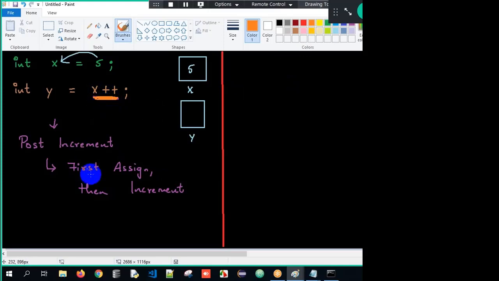Post meaning after. So first assign means whatever is my x value, I have to assign it immediately to my y here. As of now x is 5. That 5 will get assigned to my y here. So the value of y will become 5. And then later it is x plus plus. When I do x plus